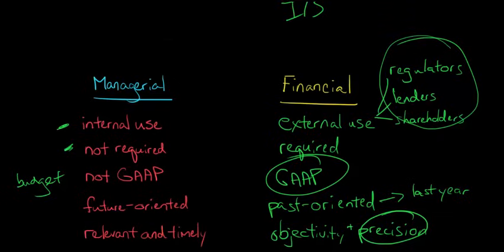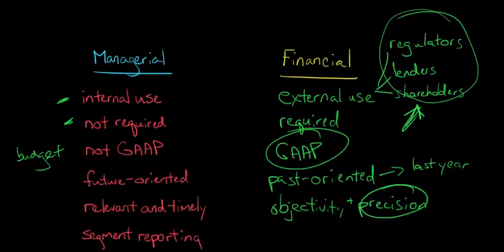But when we think about that financial side, remember, this is going to lenders and shareholders, and if you give imprecise information or information that's been distorted, or there's some kind of problem, the shareholders can then file a lawsuit. They can sue the firm, and so you can have all these problems if you give misleading numbers and stuff. But when it's internal purposes, we don't really have a risk of being sued, or that there's going to be a propensity for fraud or something like that. But when we get financial reporting, we've got all these different considerations that we're producing this information for the benefit of people external to the firm, and so we need to make sure it's precise, so we don't get sued or have issues with fraud or something like that.